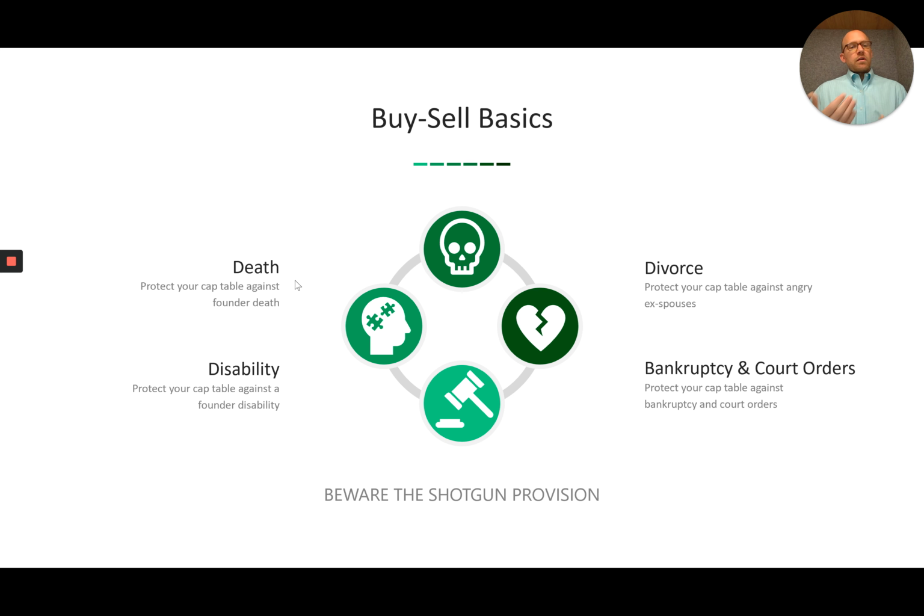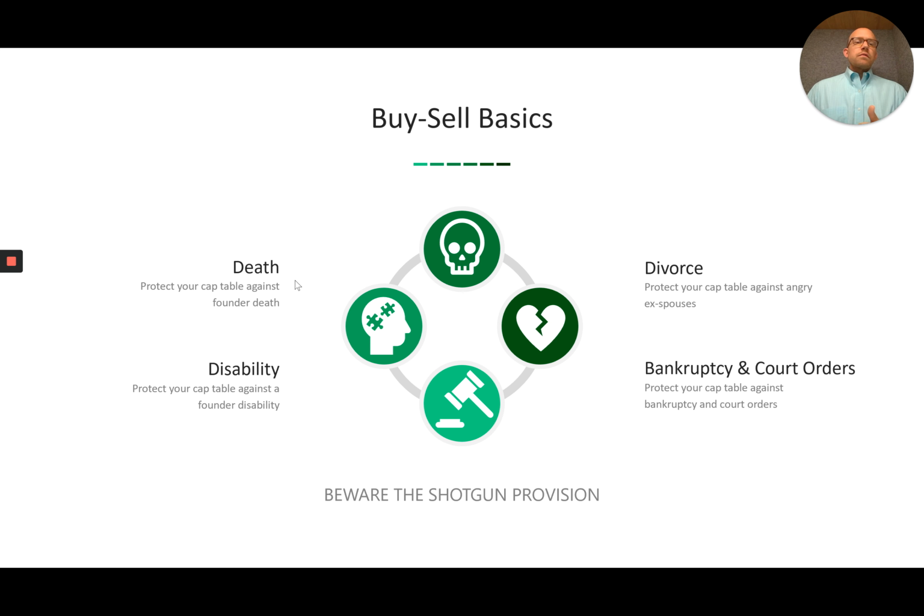So how it works mechanically is an owner passes away, the company has a period of time in which they can say, yes, we'd like to buy that equity back, and then they go through the process of valuing what that equity is worth. And then once they have the value, they pay that value or a portion of that value, and then the rest of it over time to that owner. So that's the basics of how that first piece works.